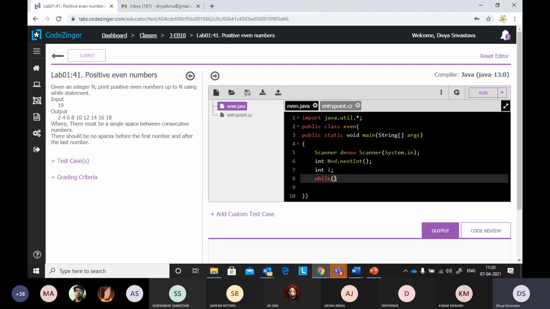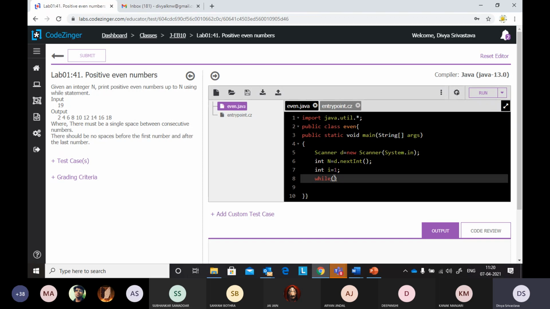In loops, what are the three things that we require? Starting point, ending point, and how we are moving, that is either increment or decrement. So we have to start from, say, 1, and till when do I have to go?